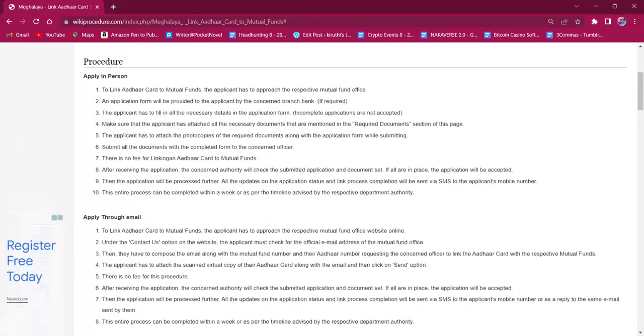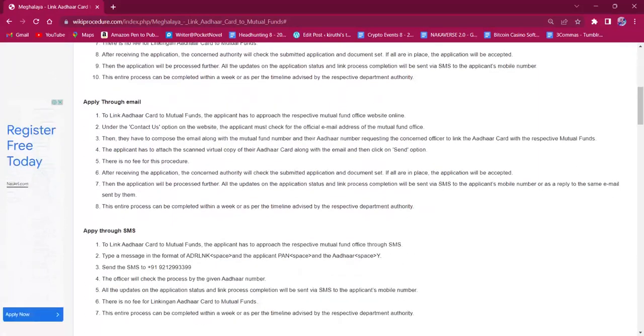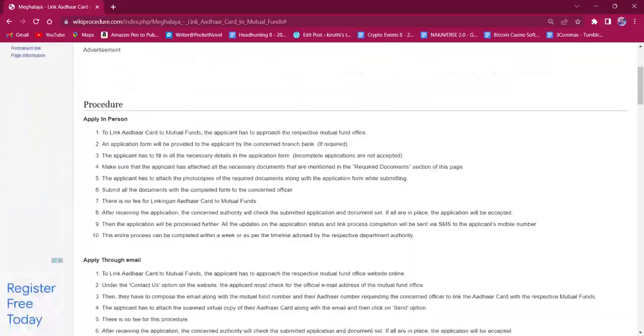This procedure can either be applied in person, or through email, or through SMS. For applying in person, the applicant must reach out to the respective mutual fund office. Then the applicant must obtain the application form from the office and has to fill it up with all the